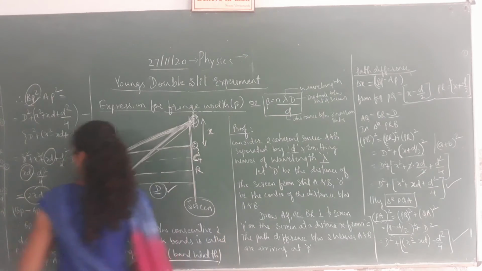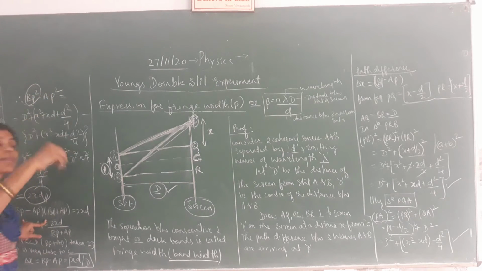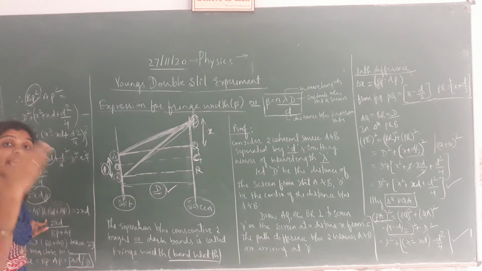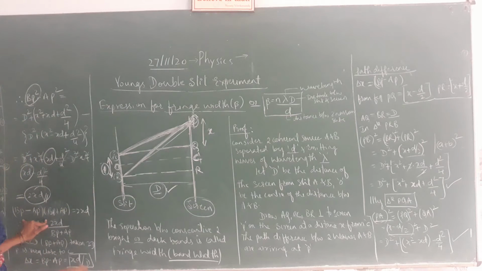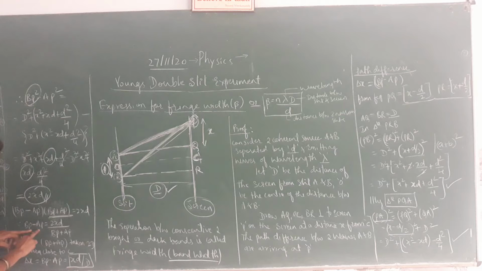So the difference, how are we getting it? BP minus AP into BP plus AP. Here BP square minus AP square is in the form of a square minus b square, so a plus b, a minus b we are able to write. So we are writing like that, that is equal to 2xd kept as it is. Here BP minus AP is kept as it is. This one we are taking to the right hand side, therefore BP minus AP is equal to 2xd divided by BP plus AP.